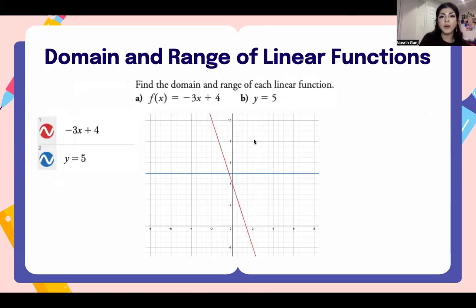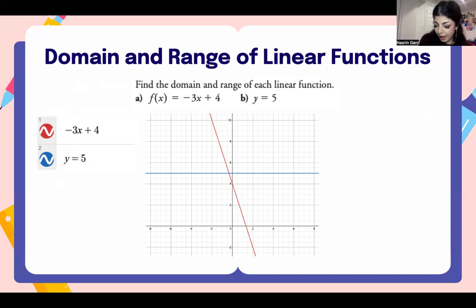We will move on now to linear functions. So here we are given the two linear functions. The first one, y equals negative 3x plus 4, and the second one, y equals 5. So I've used Desmos to graph these two functions. You can also use this tool for this section because we only care about finding the domain and range, not your ability to graph. So for this first function of y equals negative 3x plus 4,